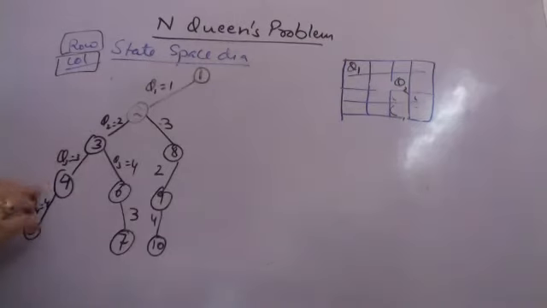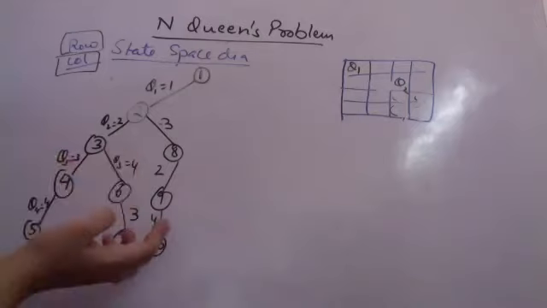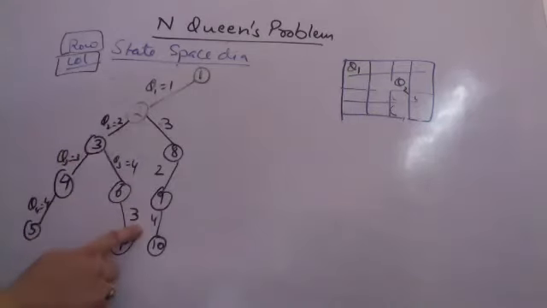I backtrack. No other position is possible for queen 4, otherwise it will be in the same column. So I backtrack here. Whatever other column is possible for queen 3, we see that. So queen 3 is now placed in column 4, so the column left for queen 4 is column 3. This is another possible solution. I am not saying whether they are feasible or not, but these solutions make sure that queens are in different rows and different columns. We are reducing the solution space so that we can then check.